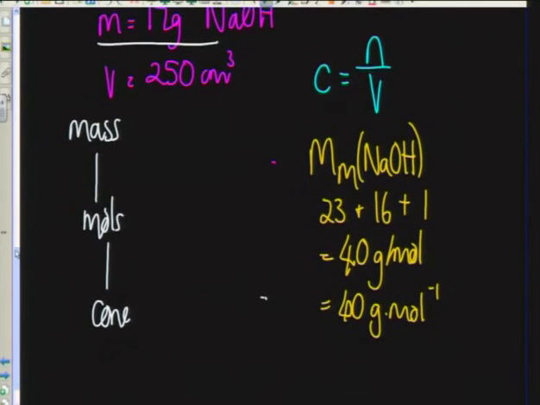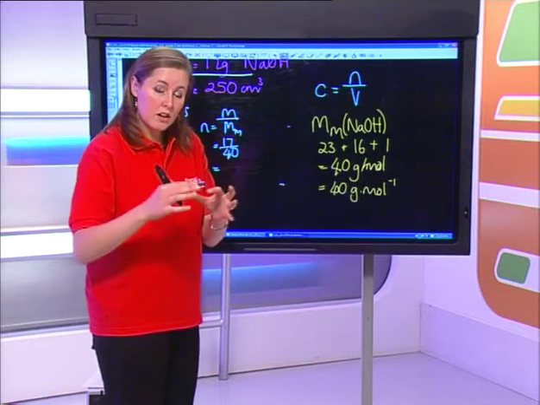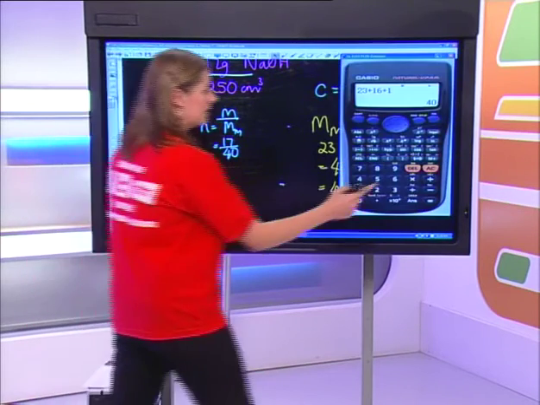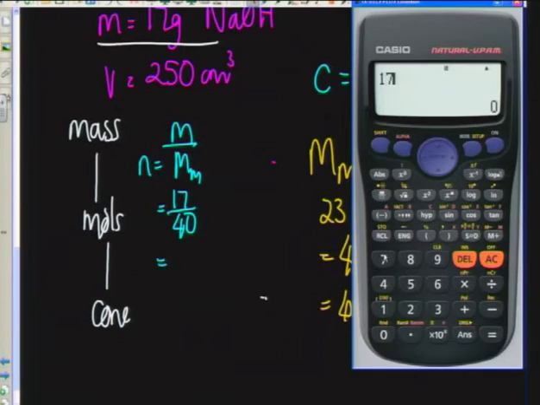So let's take that mass and work it to number of moles. I'm coming across here. Number of moles is equal to mass over molar mass. And I had 17 divided by 40. Okay? And that's going to give me the number of moles of sodium hydroxide that I'm including into this solution. So let's go across to the calculator. And we have 17 divided by 40 grams in 1 mole. And that's 0.425